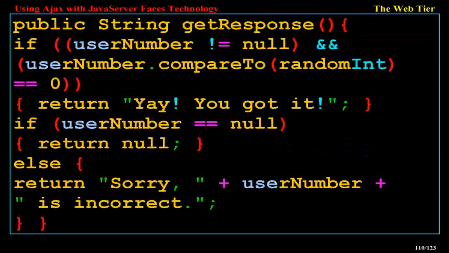public String getResponse() { if ((userNumber != null) && (userNumber.compareTo(randomInt) == 0)) { return "Yay! You got it!"; } if (userNumber == null) { return null; } else { return "Sorry, " + userNumber + " is incorrect."; } }